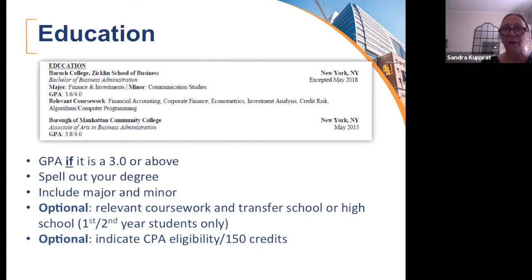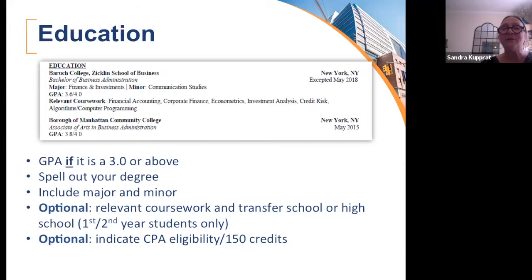So it is optional to put your relevant coursework. Why I recommend that you do that is it helps paint a picture, especially if you don't have any experience in that industry, of how far along you are in the process. From these courses, I could be like, all right, they've taken a decent number of finance courses, so they should know how to do whatever task it is that I want them to do. This helps the employers know that perhaps you've had at least exposure to some of the language and some of the terms that we're going to be talking about at this internship.